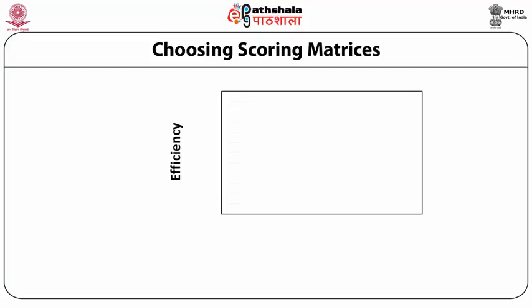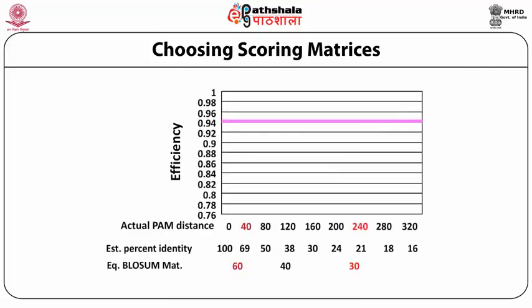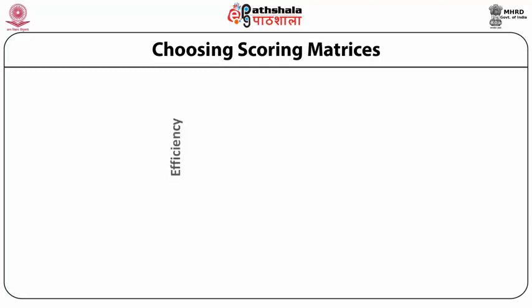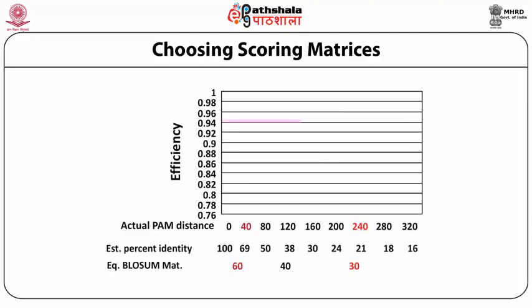The purpose of showing this graph is that three matrices should be used to search similar sequences to cover the entire range of divergence distances. Therefore, a user needs to conduct three similarity search experiments to cover the entire range of divergence distances and then finally compile the list excluding duplicated sequences.